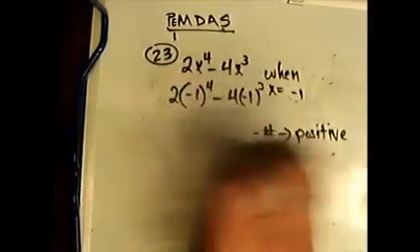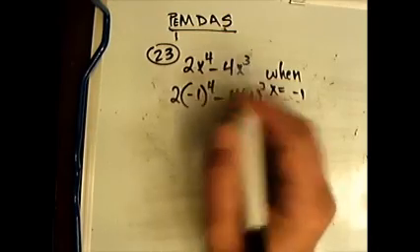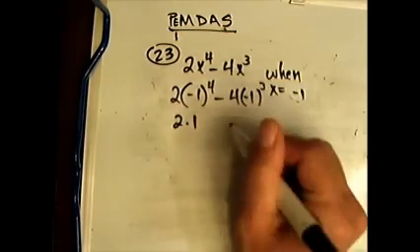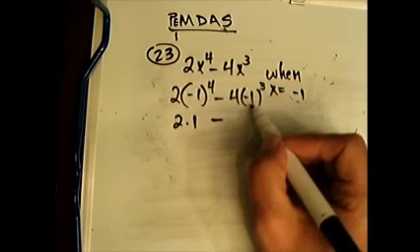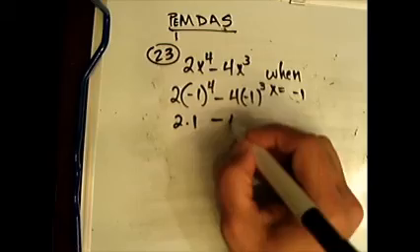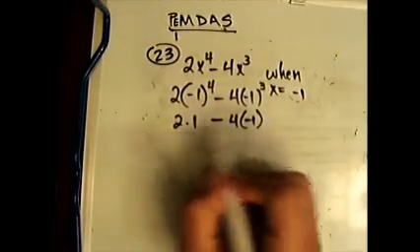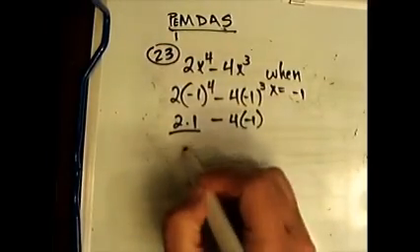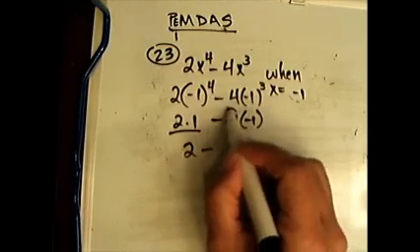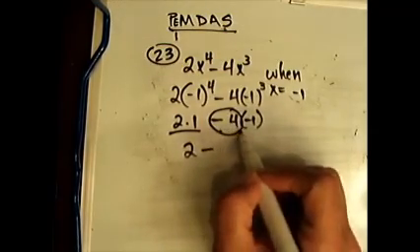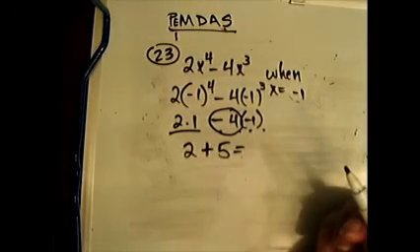Okay, so keeping that in mind, this is a positive number, so that means your answer is going to be positive. So that's 2 times 1. Alright? Now, here's a negative number, so your answer is going to be negative. So 4 times negative 1. Alright, so let's do the multiplication. 2 times 1 is 2, and then we have a negative 4. Remember, this negative sticks with this 4, so you have a negative 4 times negative 1, which is a positive 5. So your answer is